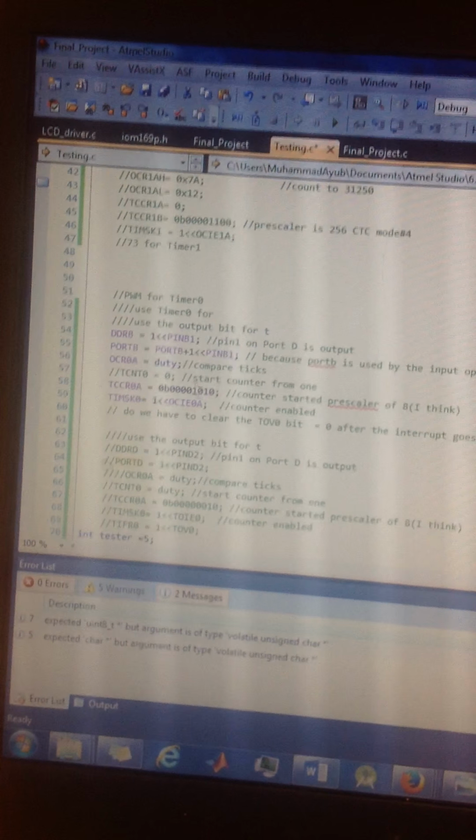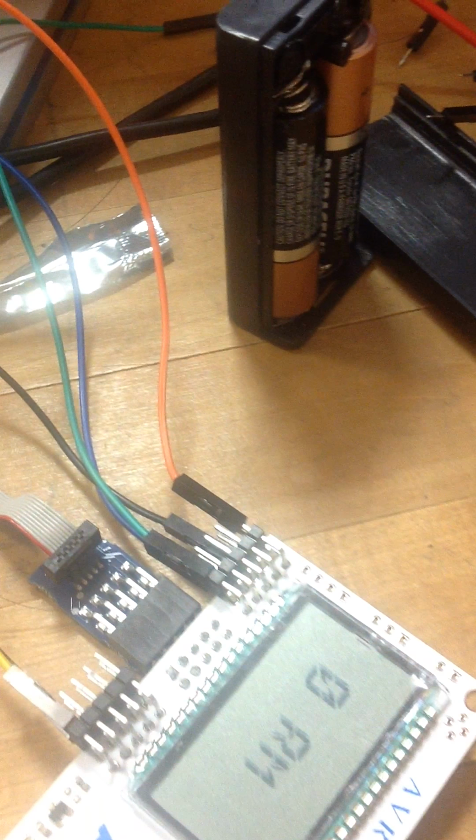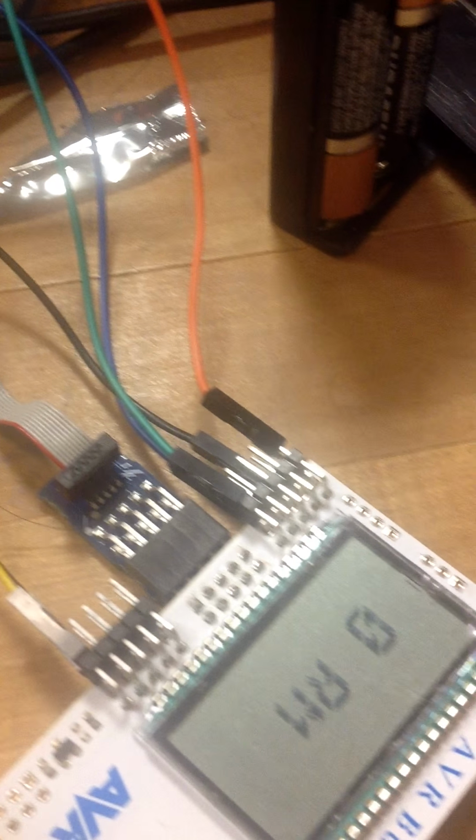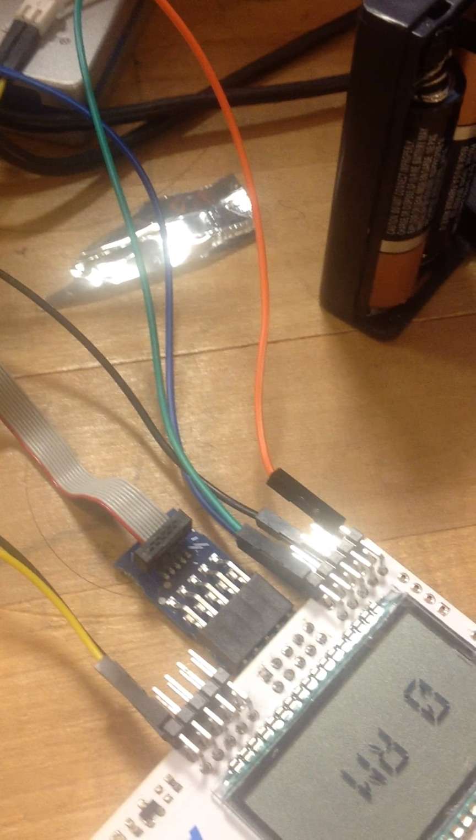So it turns out that port D was my port D and might be other people as well. It just wasn't working. So I connected it, this orange pin right here. This orange one, PB1, is the one that's basically connecting for the pulse width modulation. Okay, so looking at the code real quick,